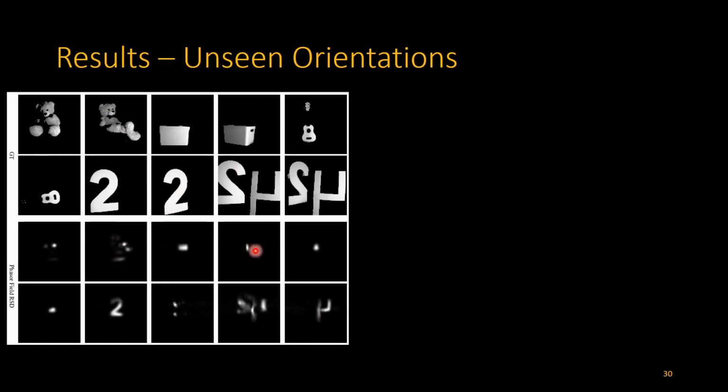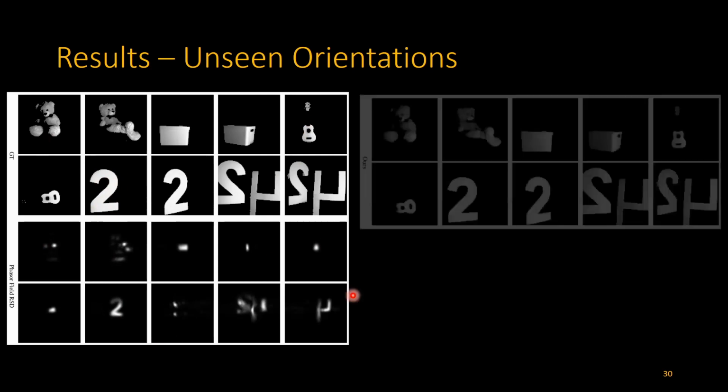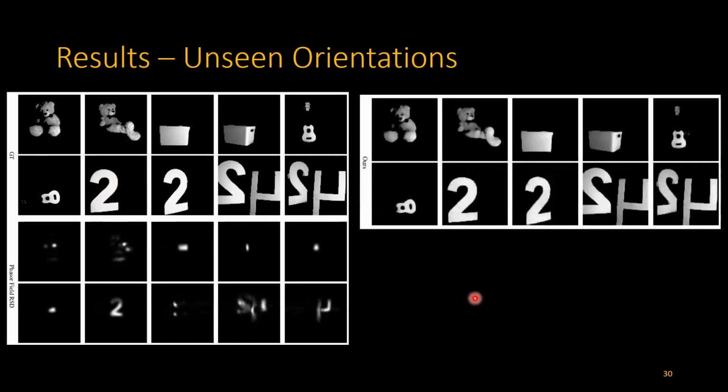If it faces like this, we know that our algorithm has really problems with surfaces that are not facing the wall. So these surfaces at oblique angles, they don't show up at all. And this guitar doesn't show up very well. So you don't really see much, except if you have this kind of cooperative targets like this letter 2. But the non-line-of-sight deep learning algorithm is doing really well in this case, in that it actually is able to reconstruct not only objects, but the details of the texture and everything.